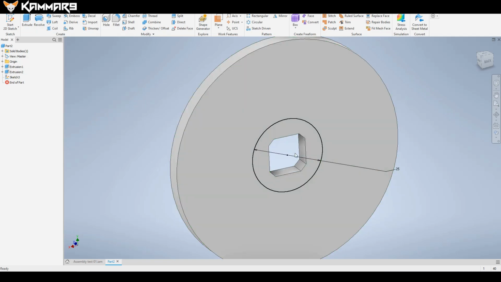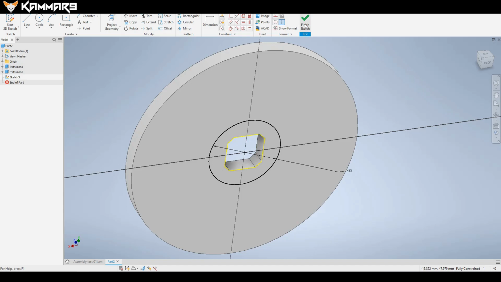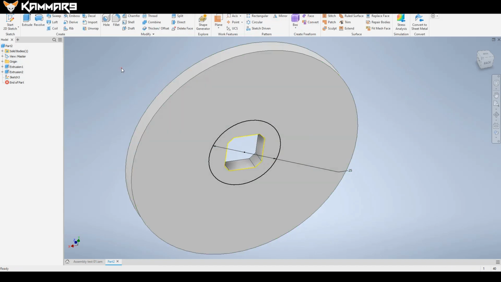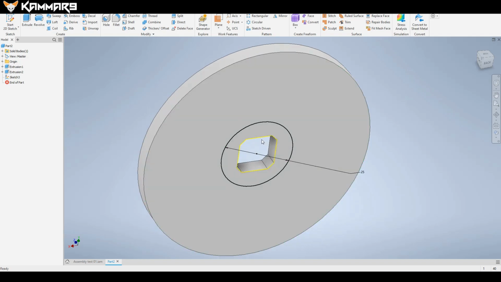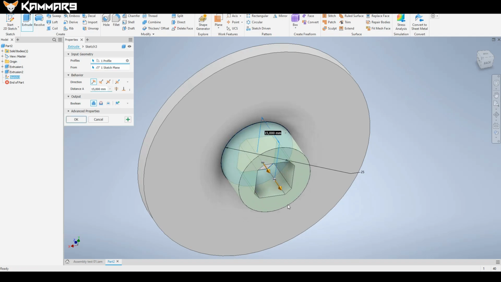That in Fusion it works, but here what you have to do is to edit your sketch, and all of this one you have to project it by using project. Okay, you can project it like this one. I think there is another method to project all the edges. Now when you click on Extrude, as you can see, you have